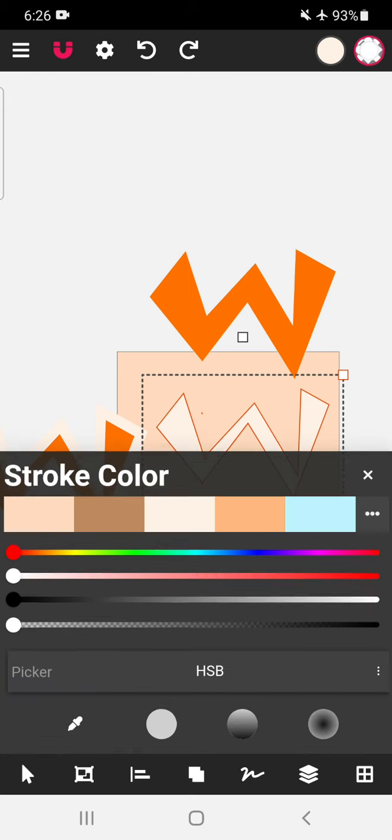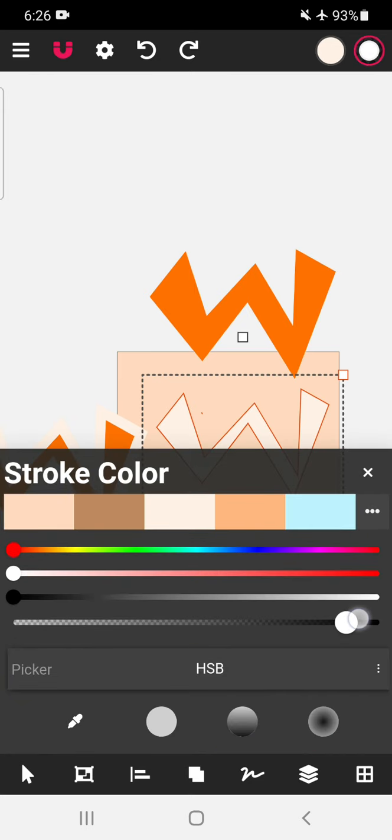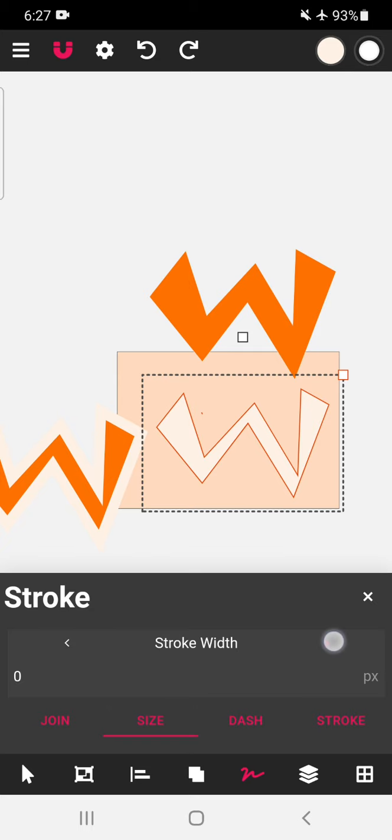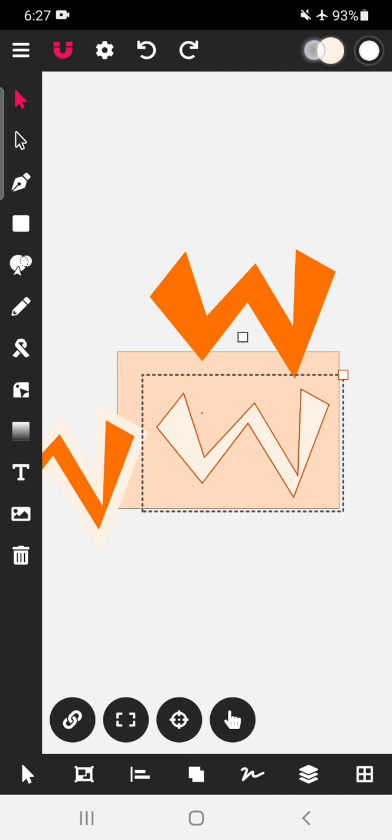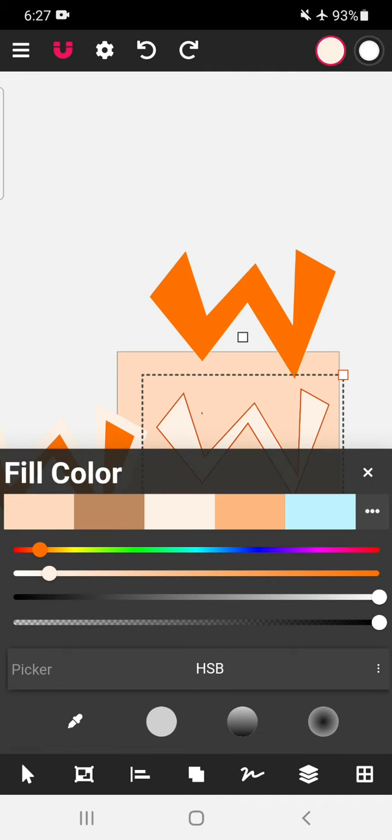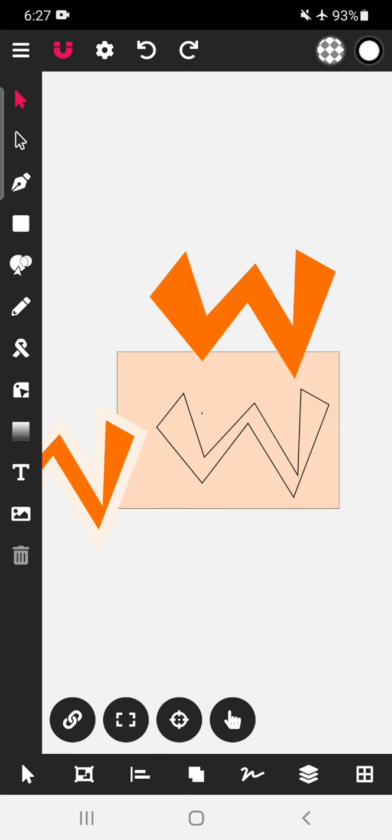Now we can see that inside path is there. We have to increase the stroke as well as give some color to the stroke. So we will give black color this time. We have removed the transparency from the stroke, and we will increase the size of the stroke to 3, and we will remove this particular fill of the stroke by making it transparent. So we have got a new stroke now.